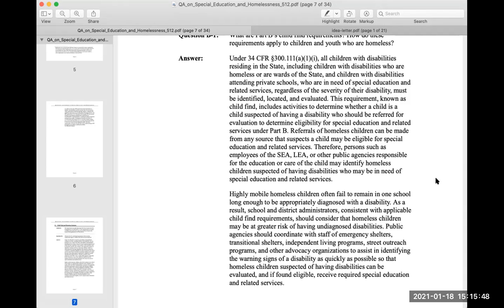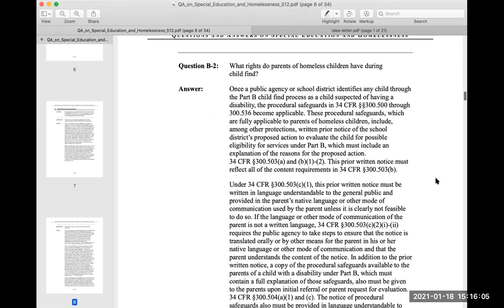Page 7. Questions and answers on special education and homelessness. Question B2. Answer. What rights do parents of homeless children have during Child Find? Once a public agency or school district identifies any child through the Part B Child Find process as a child suspected of having a disability, the procedural safeguards in 34 CFR paragraph